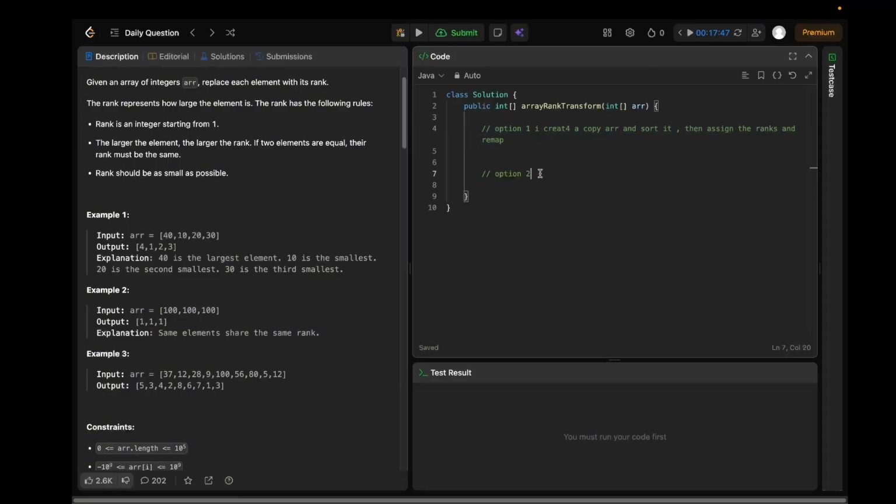Okay, so let's create an array. Integer array temp equals new array of size, and integer n equals array dot length, right? Size n, right? Then